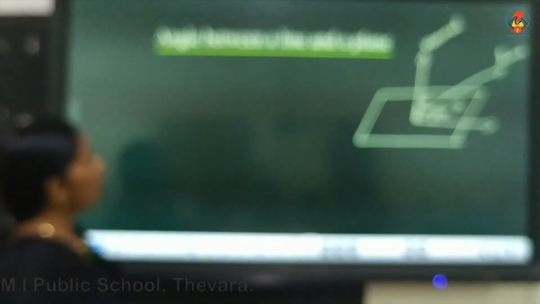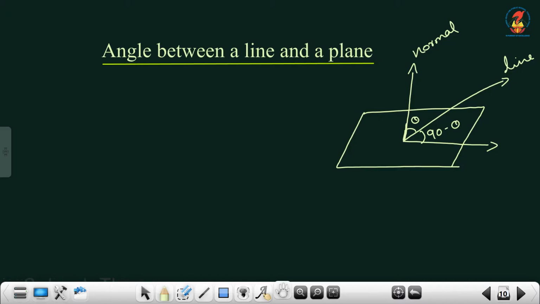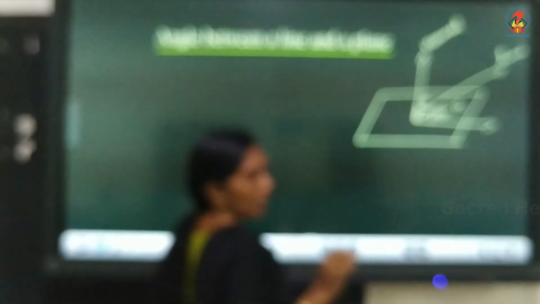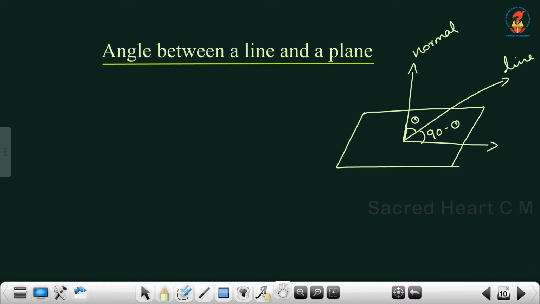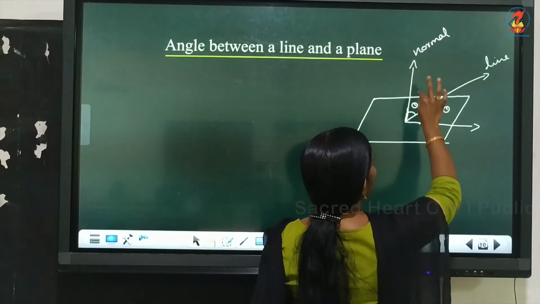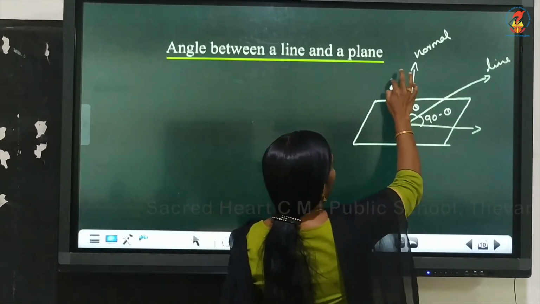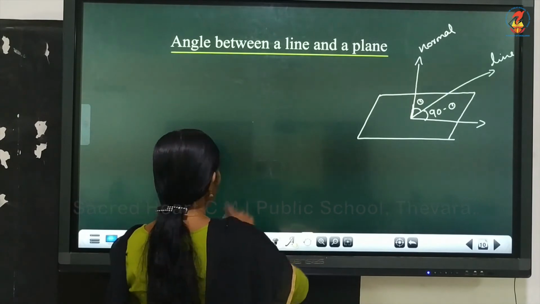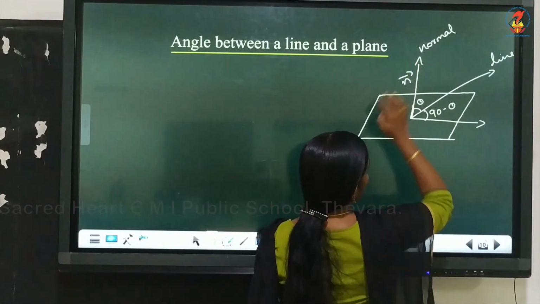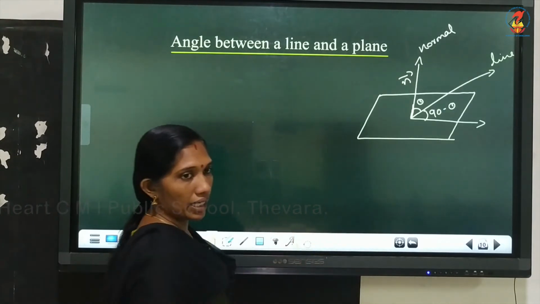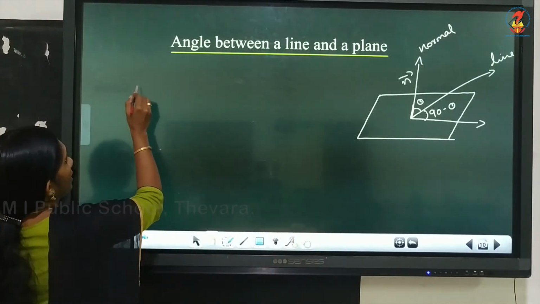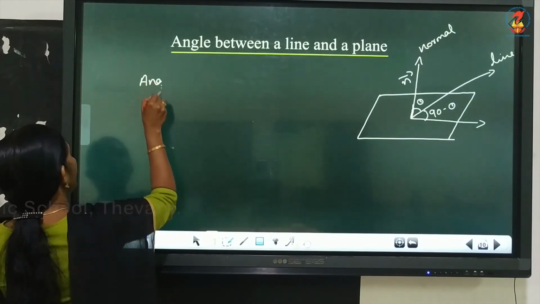Now what about angle between line and a plane? So one plane, this is the line. So this line and this plane. Here we have, for every plane there is a normal, the perpendicular vector. So let theta be the angle between the normal and the line. So normal we can write as n cap, vector n, and for every line there is a parallel vector. So I am writing angle between